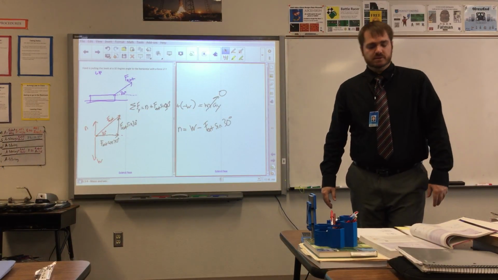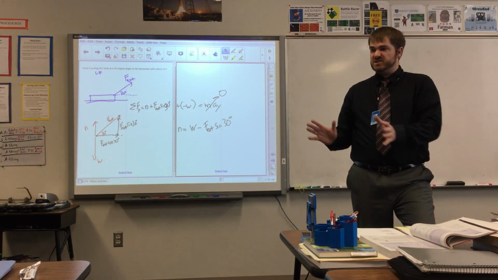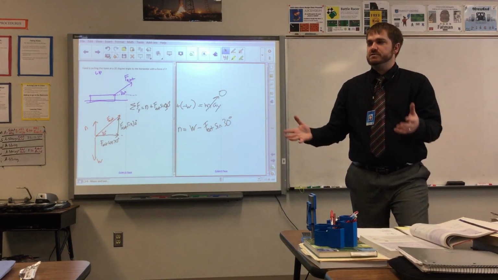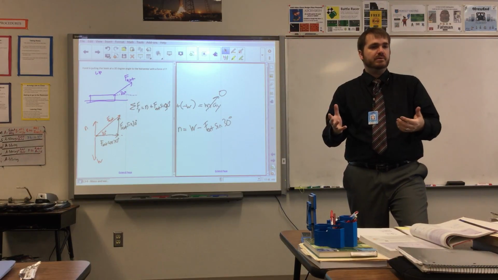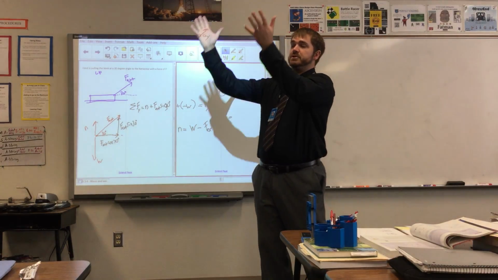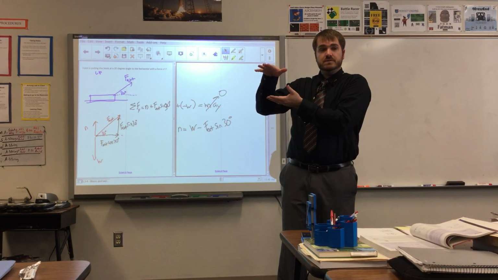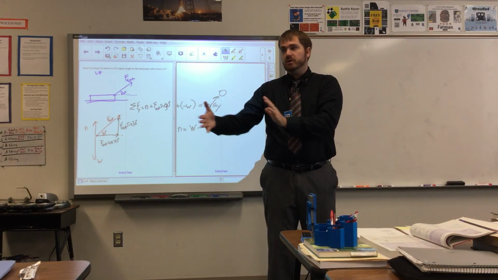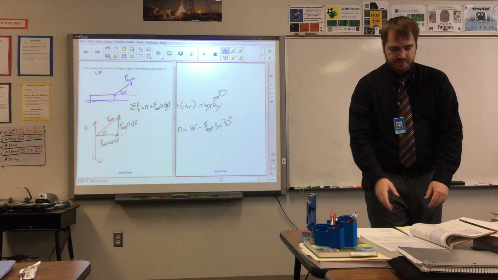So here's a little pro tip. If you ever have to carry something heavy, but the other person is not strong enough to lift it, maybe you need to slide it. Just say, you don't have to lift it up, just push up on it while I pull it. That makes the normal force smaller, which makes a smaller friction force, and you might be able to pull it and get it going. Hopefully you're never in that situation.